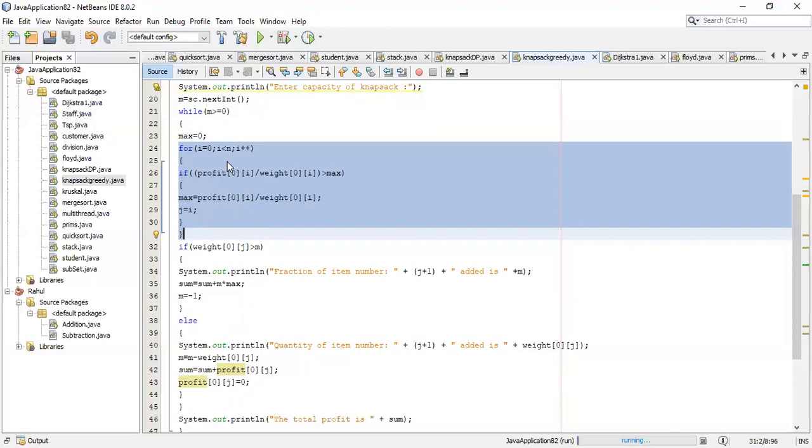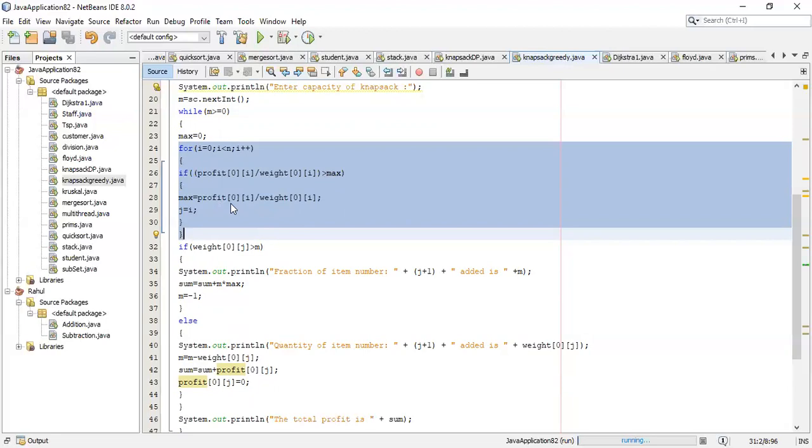So the first time this for loop executes, the profit divided by weight ratio of the first item is calculated. The second time, i becomes 1, and the profit divided by weight ratio of the second item is calculated. Suppose its answer is greater than max, then that item is considered.